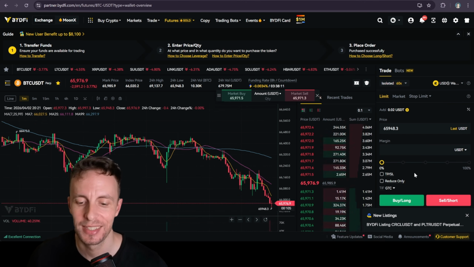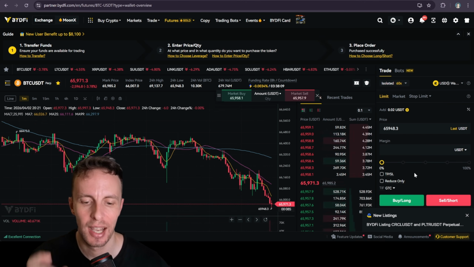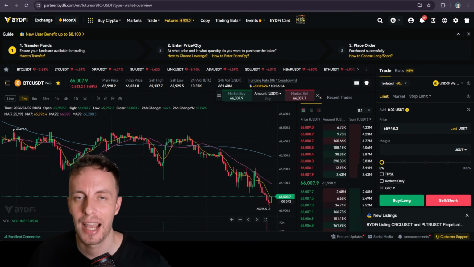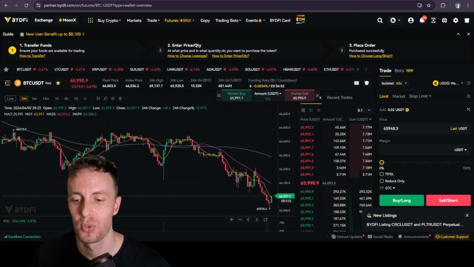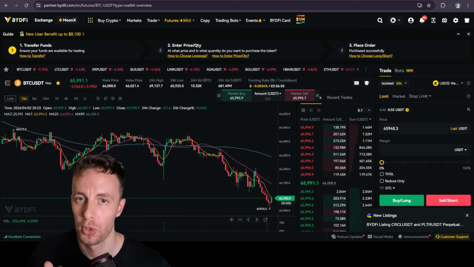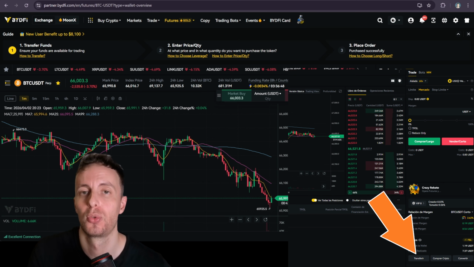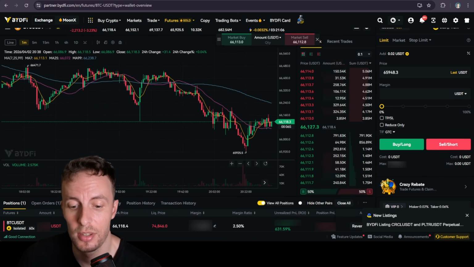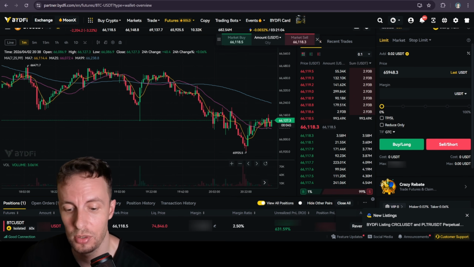And here we are ready to trade. We can see Bitcoin, we can see the candles. In this moment, you are 100% ready to trade. You just have to transfer your money from the spot wallet to the futures wallet, and then you are 100% ready to trade. In this account, you can see that I have an open position that is